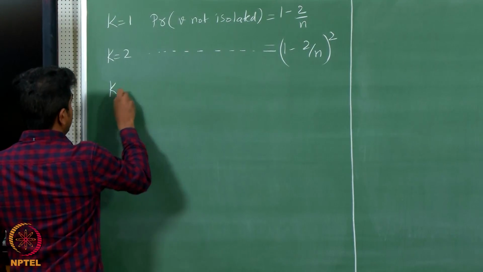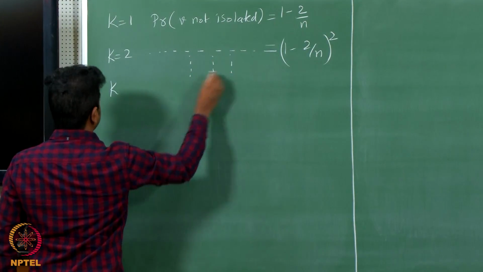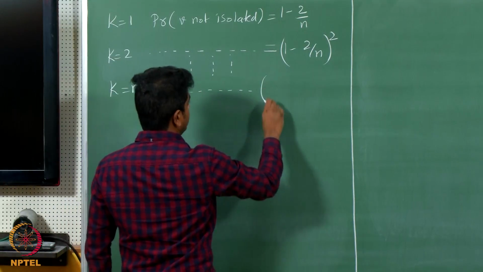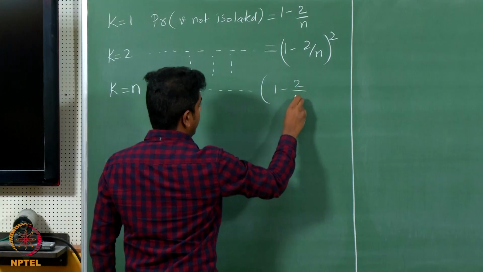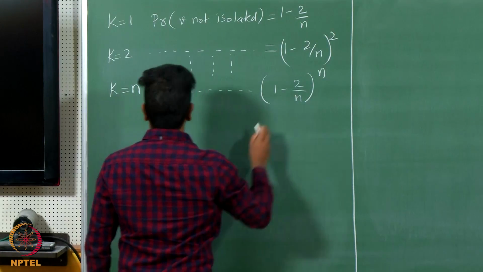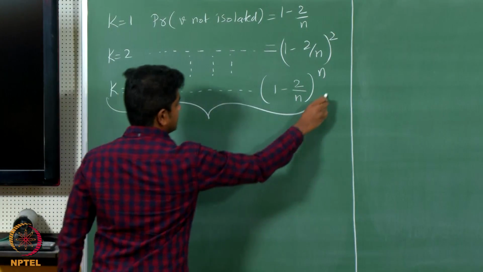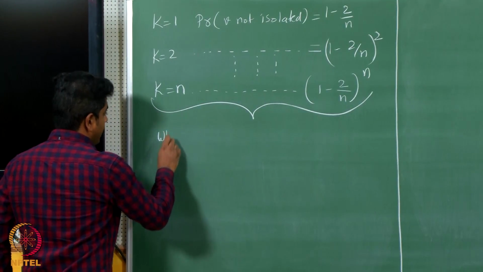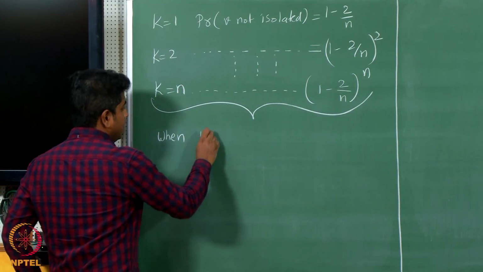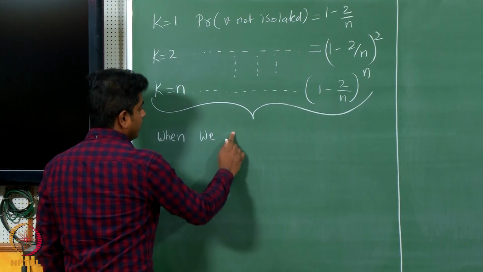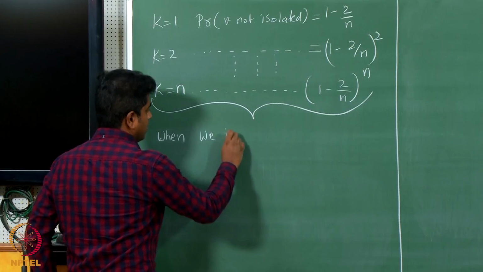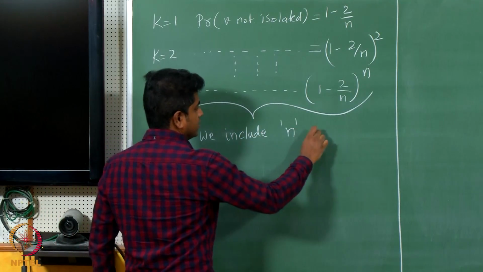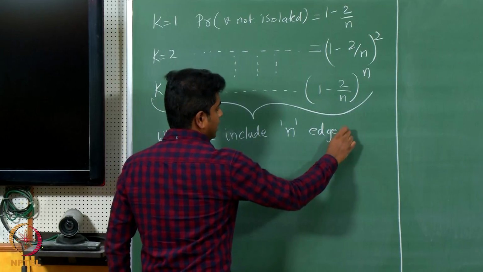If let us say k is equal to n, then this is going to be (1 - 2/n)^n. Observe this. What am I saying? When we include n edges, which means k equals n,